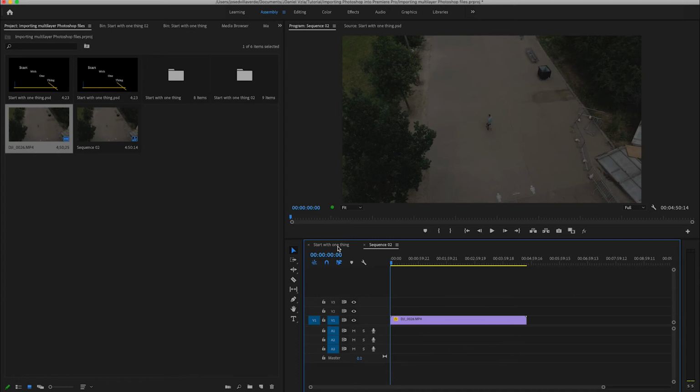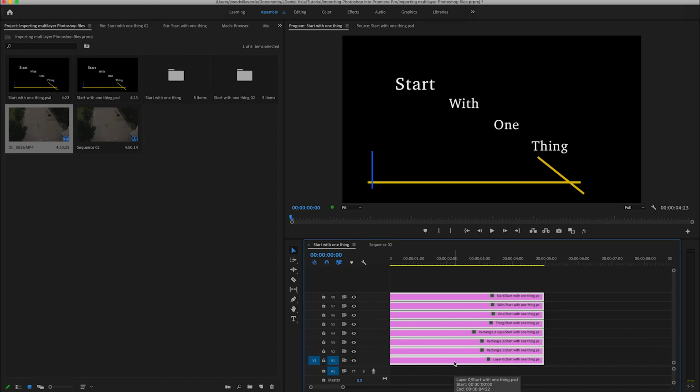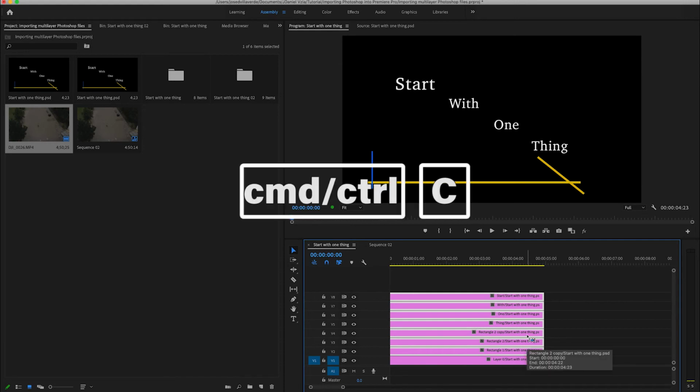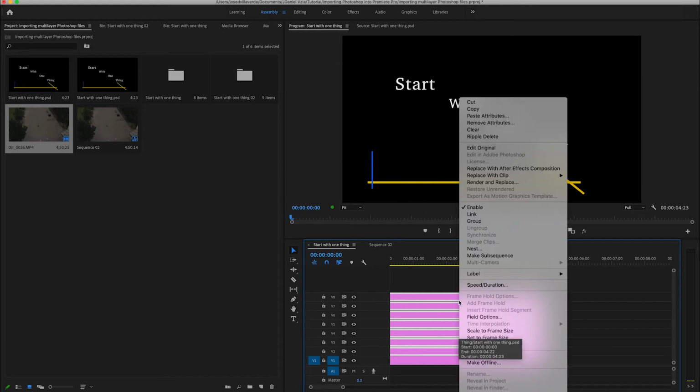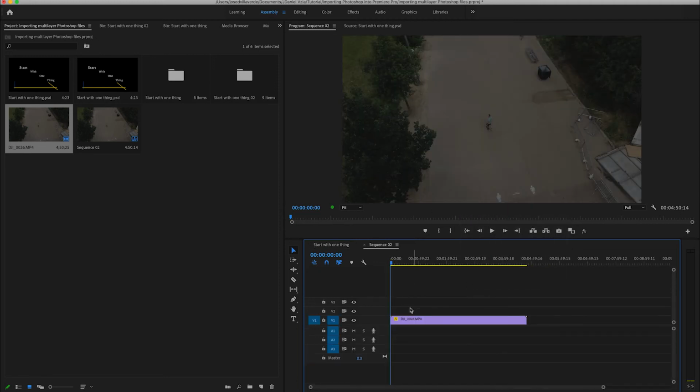So if you go back into the sequence for our Photoshop, we just select all of them except for the background, that is this one here on the bottom. Holding Shift you can unselect it, and then press Command C, or you can right click and say copy, and open the sequence where we have our video. We are going to enable this one and then turn on this one here on the top, and you can notice now we have only 3 video layers.